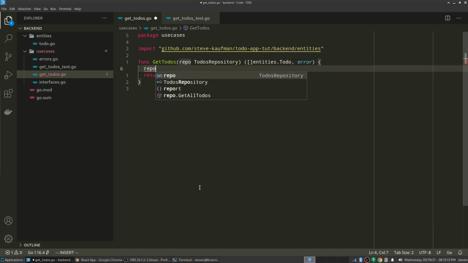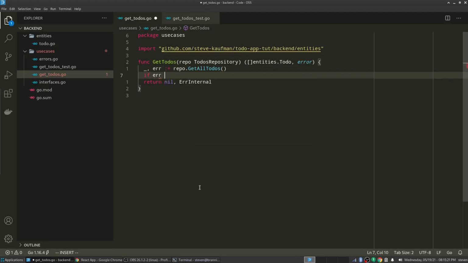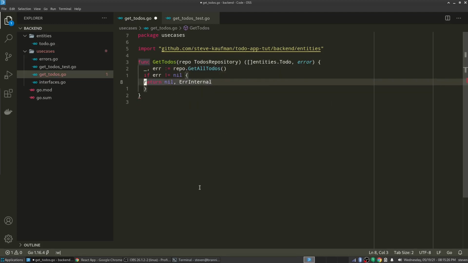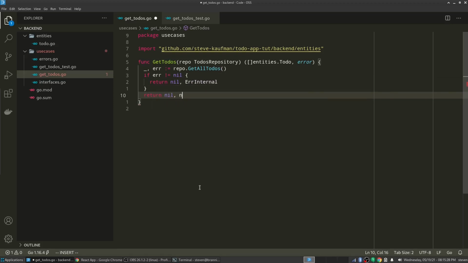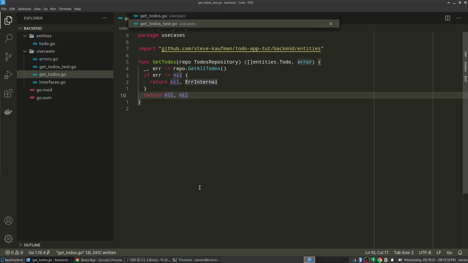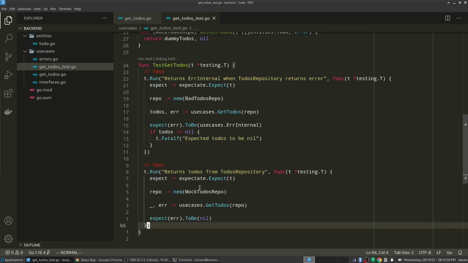So repo.GetAllToDos. We don't even care about the to-dos right now. We just want to check if there's an error. If error not equal nil, return nil, error internal. Return nil, nil. Excellent. Passes. Now all we have to do is assert